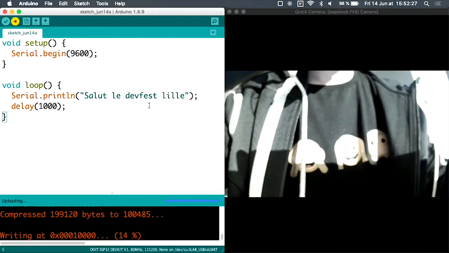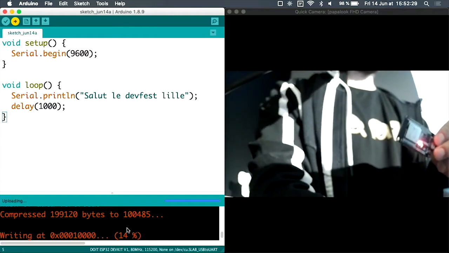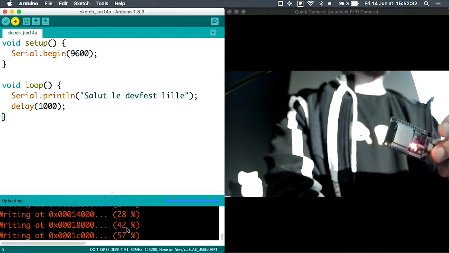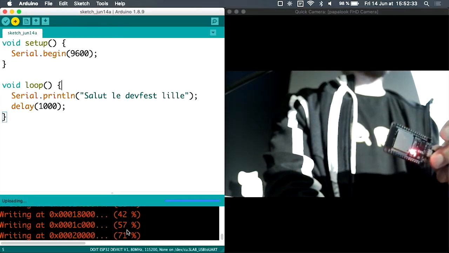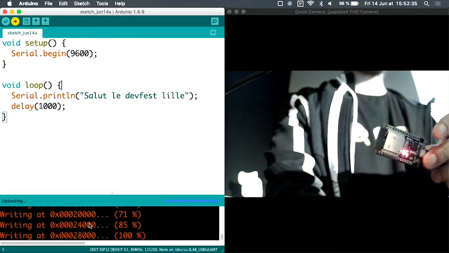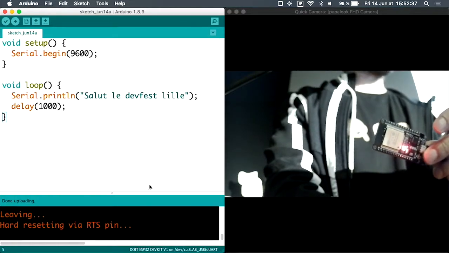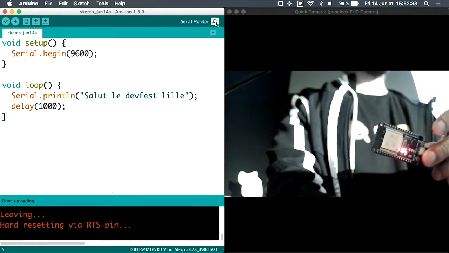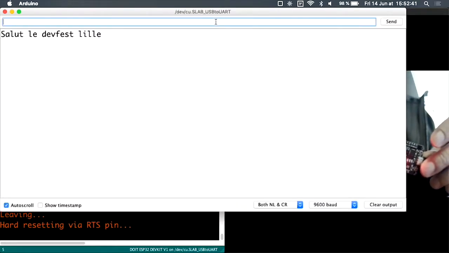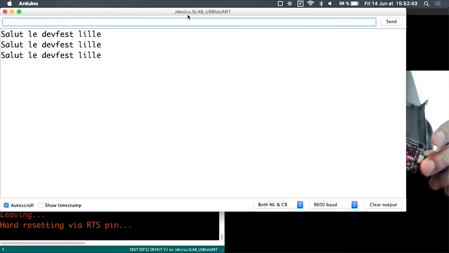So here you can see it's compiling the sketch, and then it will start uploading it, which means it will start flashing it to the microcontroller over the USB serial line. So you can see here it's flashing. The flashing is a little slow. You can make it faster, but just for demo purposes, I decided to choose a speed which is good and stable. And then if we click on the serial monitor, we should be able to see Hello DevFest every second. So you can see how easy it is to do a Hello World on a microcontroller unit.